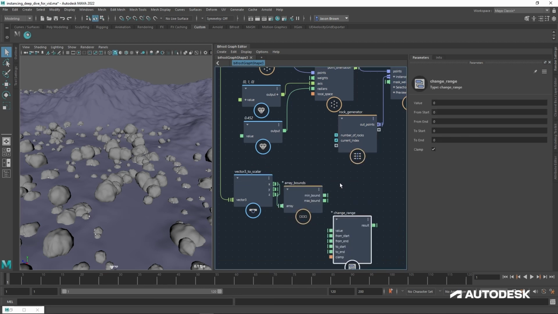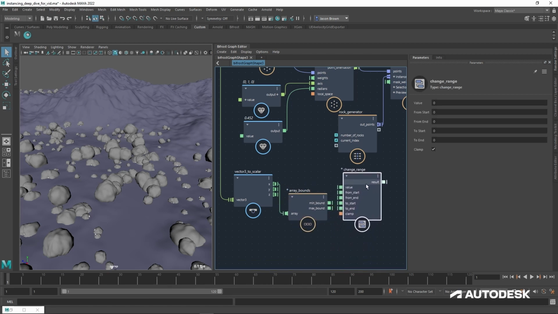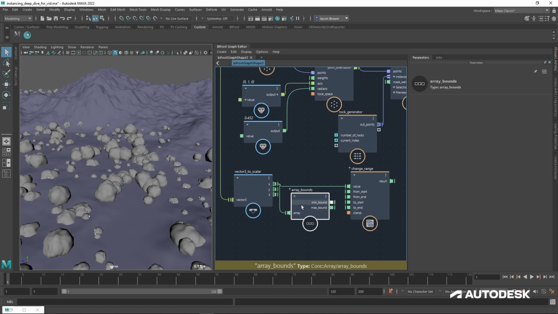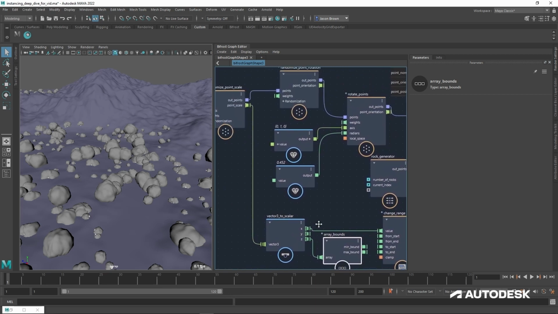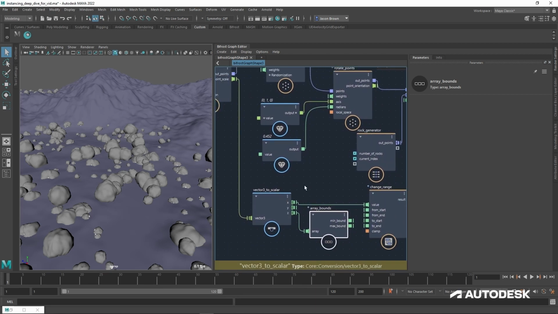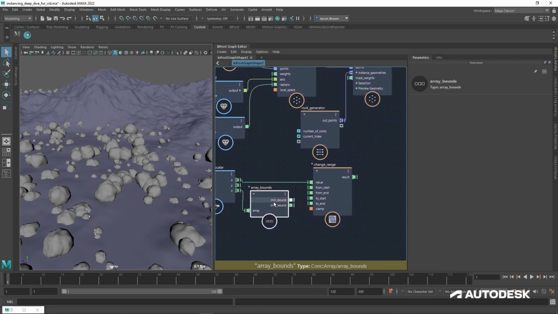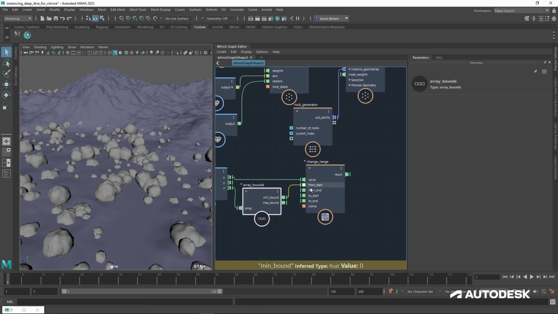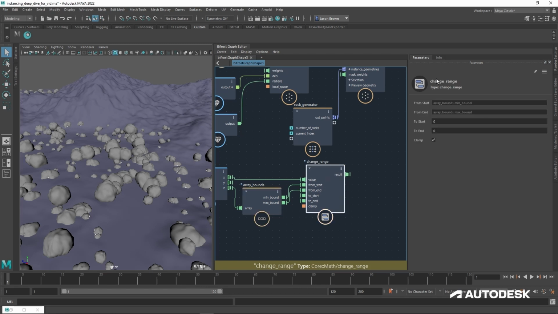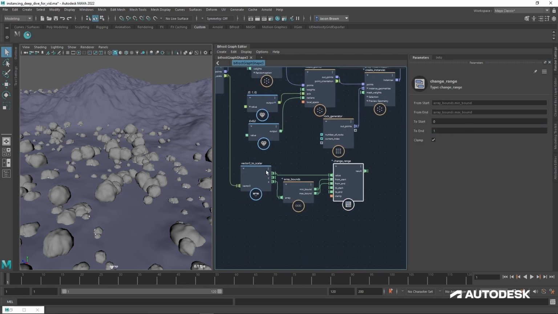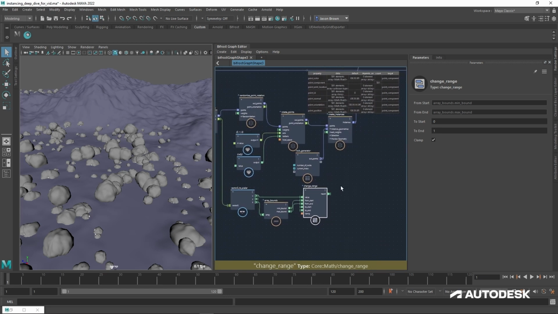And the array bounds trick is just so that I don't have to go back and keep referring to what I've set these to in the random value. It's going to work it out from the array. And I can pick any one of these. In fact, I can pick two different ones like that, because the point scale is going to be the same across all three components. So that goes into start, that goes into end, and then in our change range, we want to make it from 0 to 1. So it's just remapping whatever those point scales are to 0 to 1.